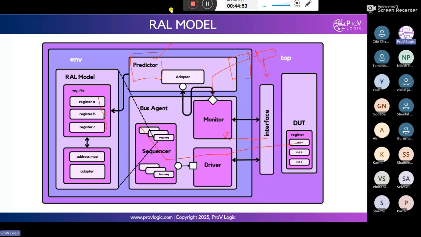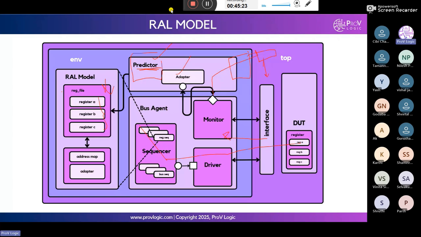The adapter will convert this binary data into the actual register address, the offset address. The predictor will update that offset address and register data to this RAL model. It updates the response from the hardware registers to the register model database.